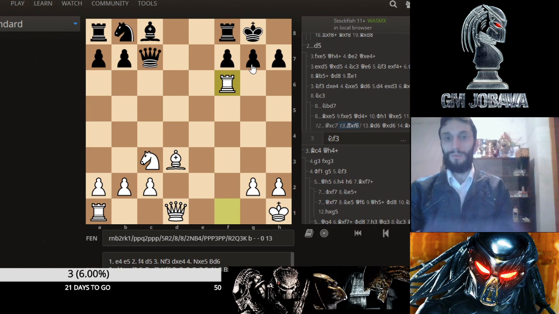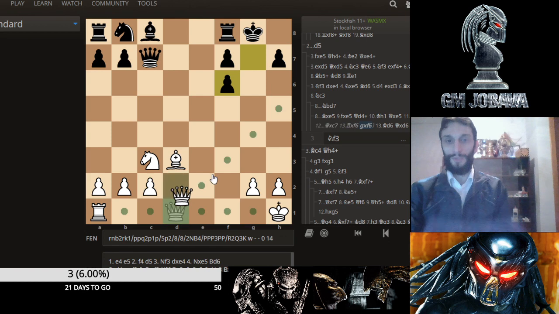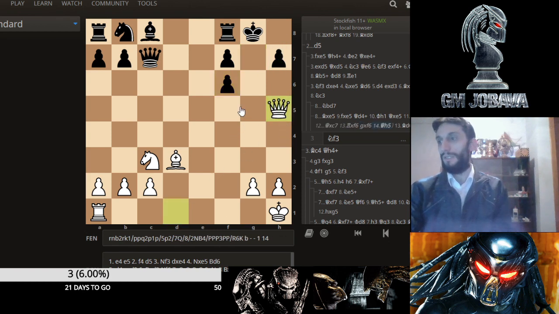And now what to do? Well, it's probably the safest way not to accept it. Something like bishop e6 here or g6 with some chances to escape this game. But after gf, queen h5. So mate is the threat. In case of